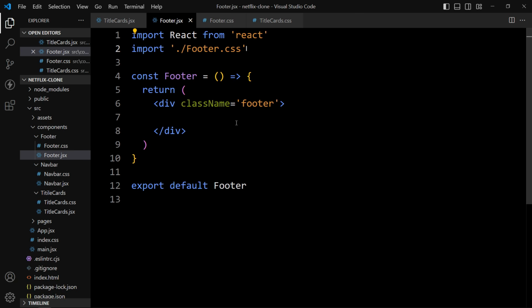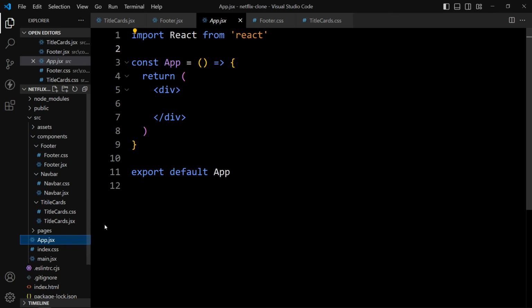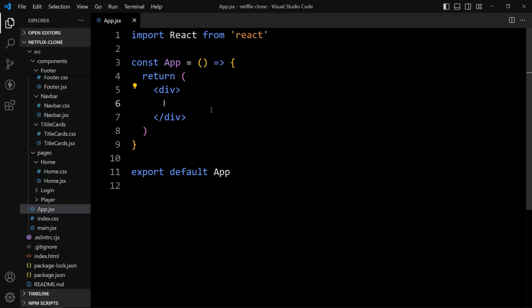Now we have to mount this component on the app.jsx file so that it will be visible on the web page. So in this app.jsx file, we will mount the home page. So first we will import the home page in this component.